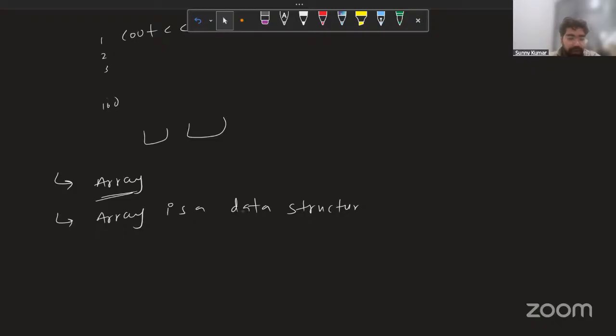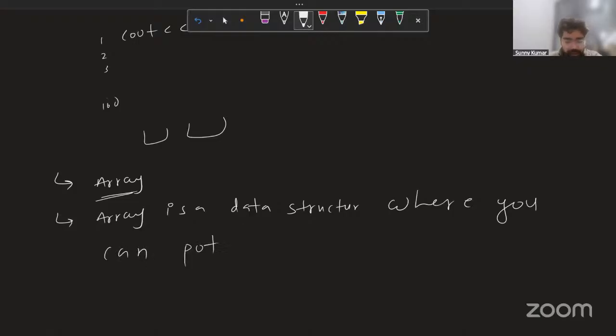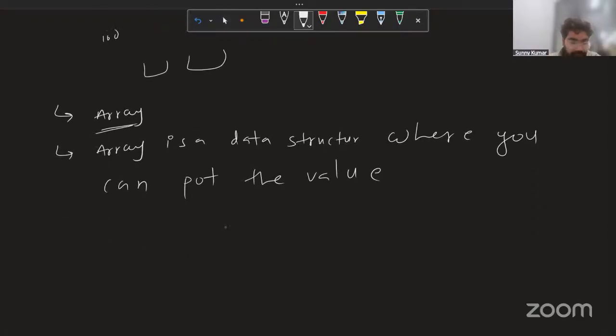So an array is a data structure where you can put values, whatever their types, like integers, double, floating, and character. Okay, just like containers,